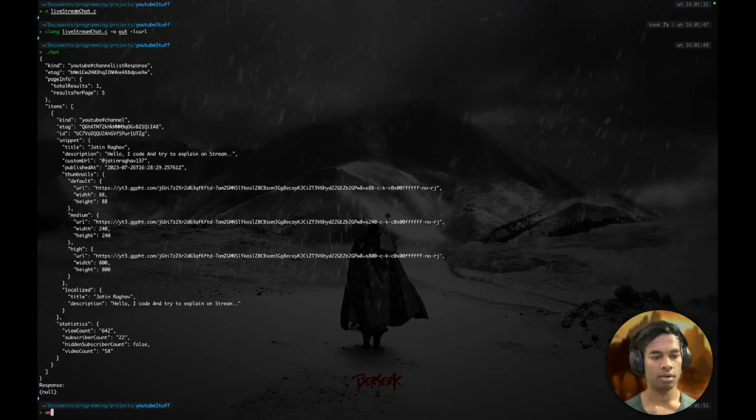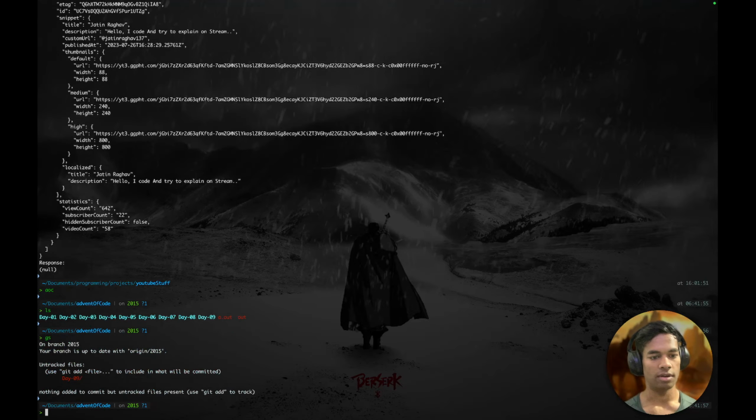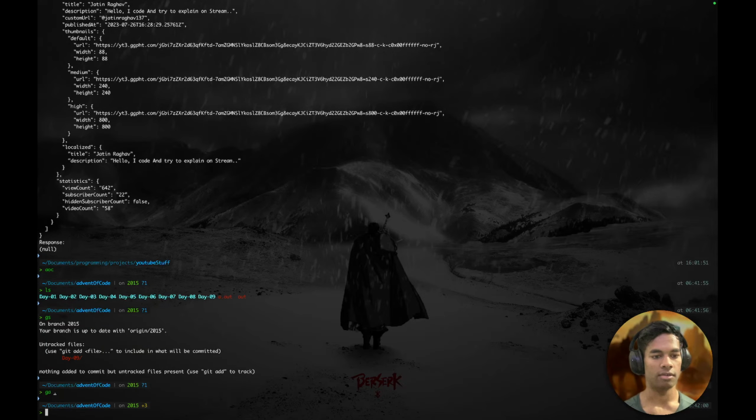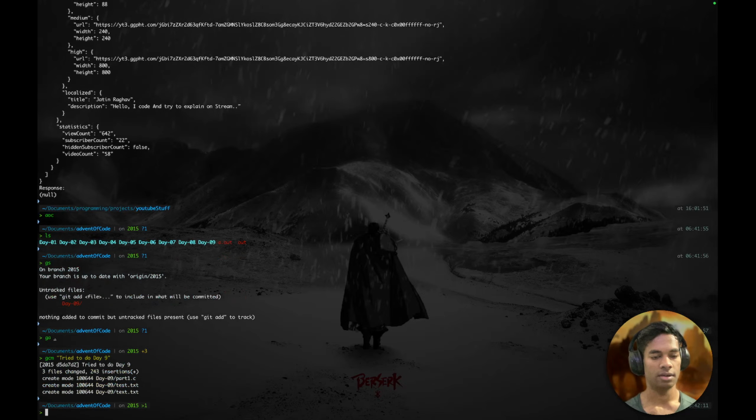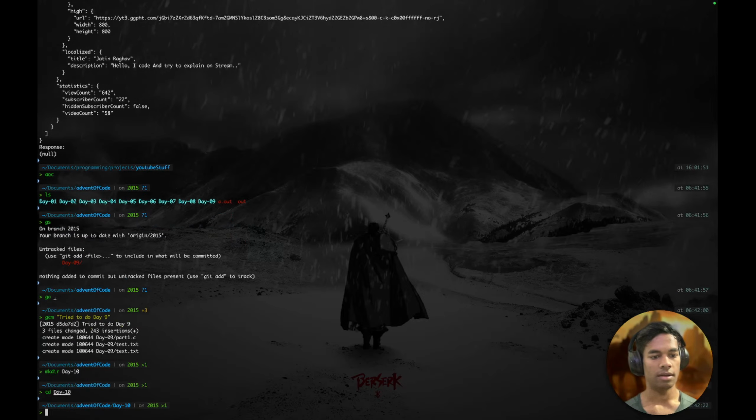crazy. Advent of Code, git status, okay, git add this, git commit message, try to do day 9, and make their day 10, cd day 10,